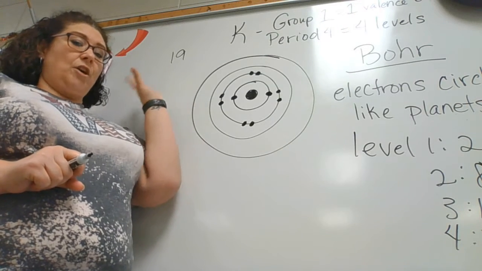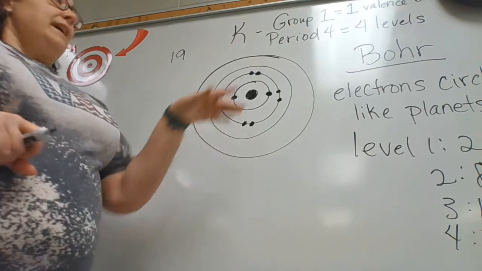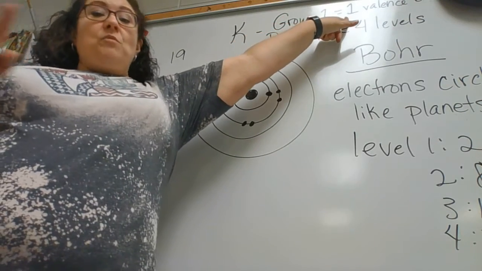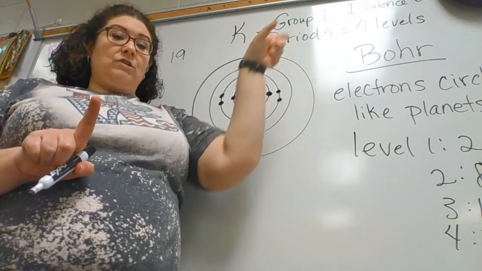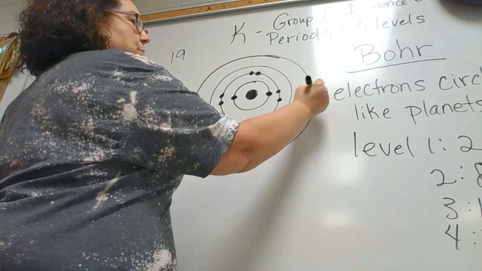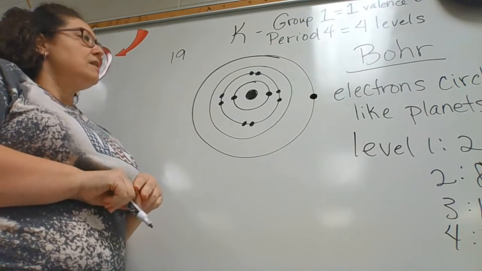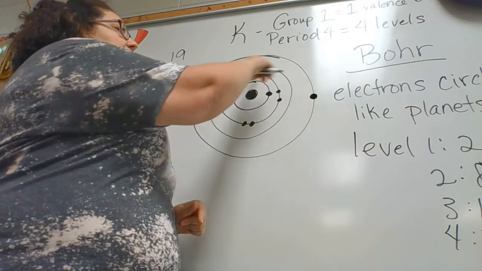Okay, 19 is the total amount that we can have for potassium. And only one of them can be on the outer layer because it's in group 1. So we're going to go ahead and put that 1 electron on the very last level. So now we have a total of 11